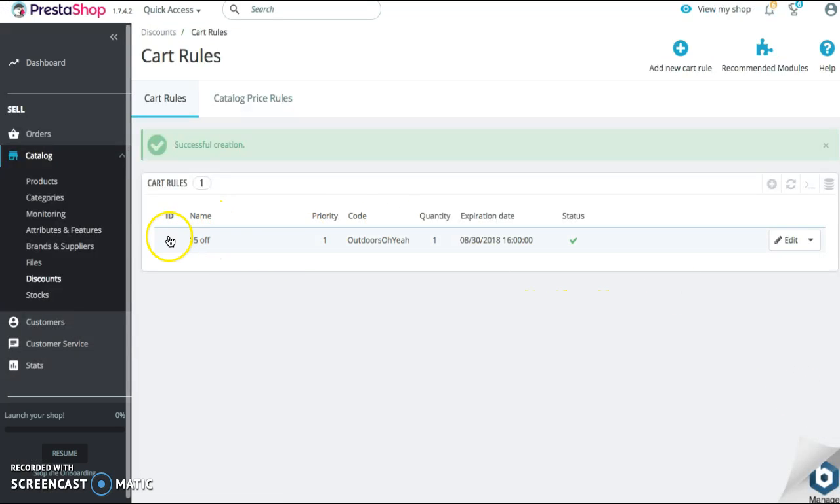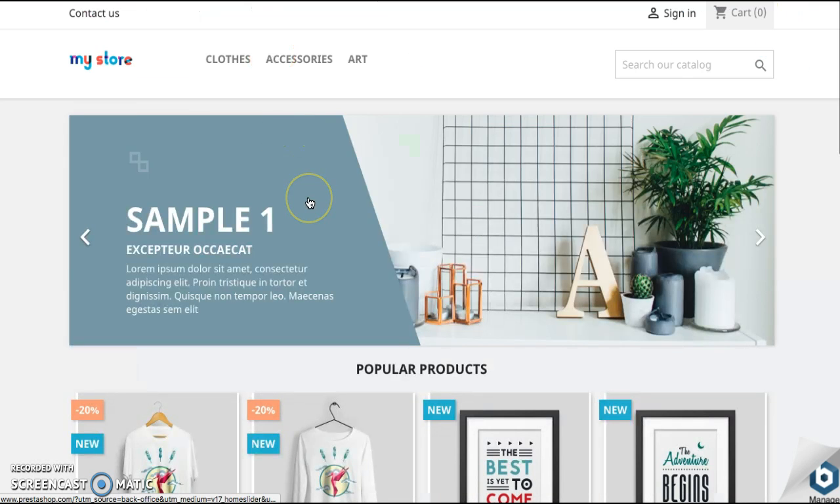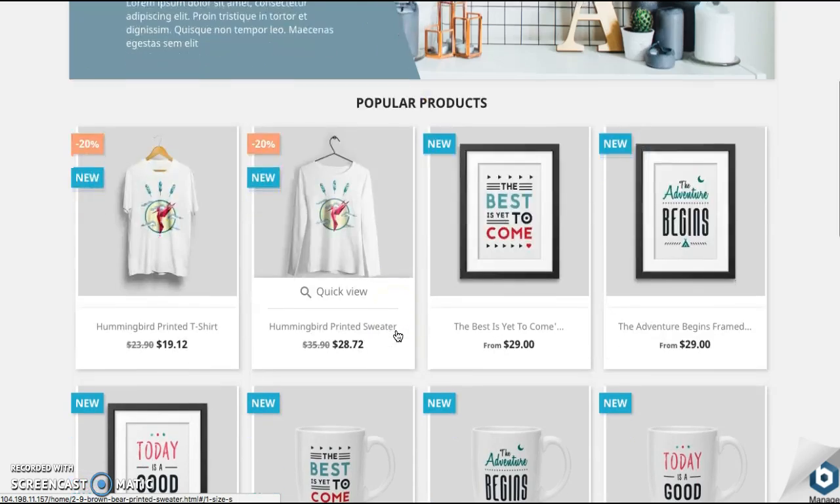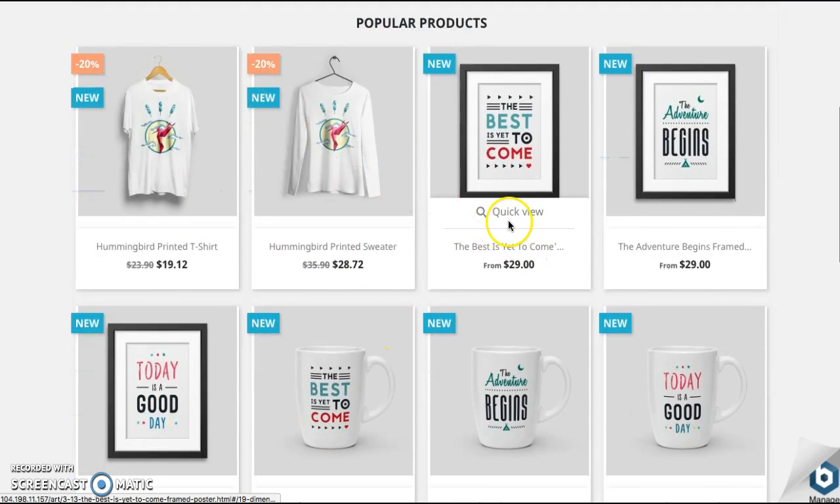So now you can see that we have the discount code right here. It's 15 off, and the code that they have to use is outdoors, oh yeah, and it's valid until the 30th of next month. So on the front end, go ahead and refresh this page right here, and then just go ahead and